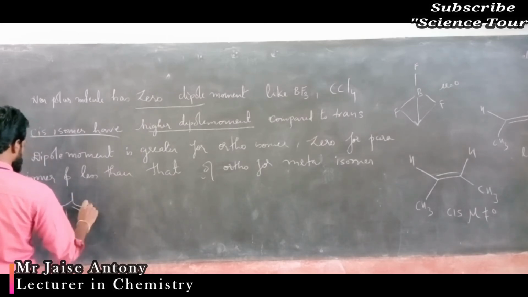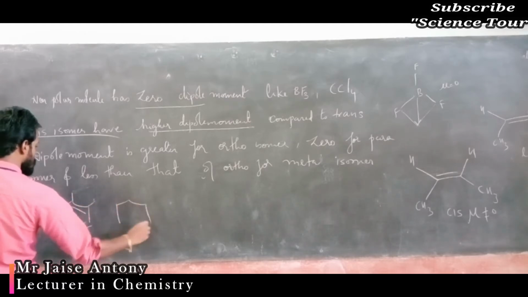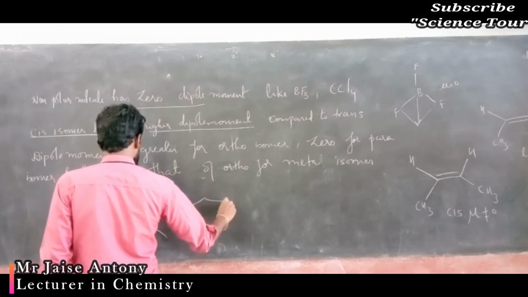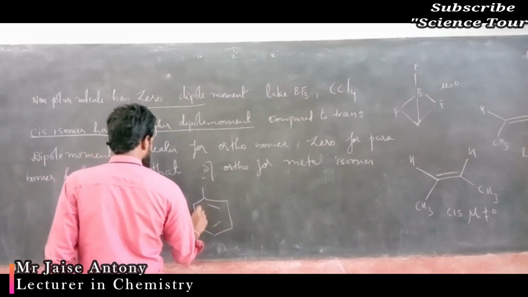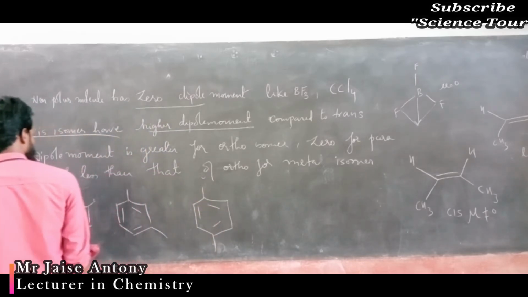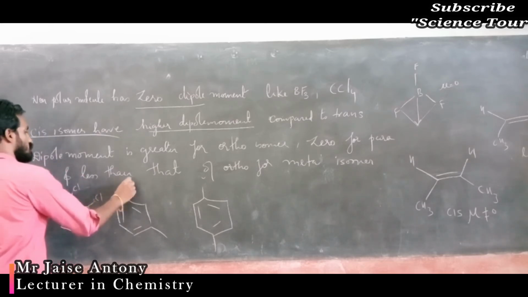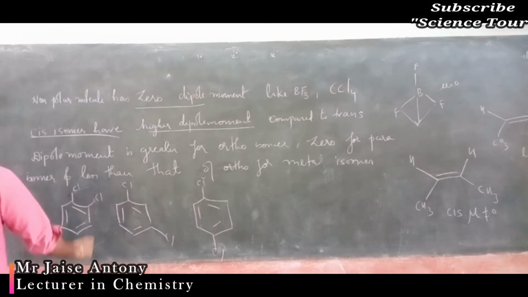Imagine if it is ortho, dipole moment is more. Ortho dipole moment is more. This is ortho. If it is meta, it is less than ortho. One example we discussed already. This is para, opposite side, dipole moments cancel each other, that I explained using chloride. This part is over. Understood? Highest is ortho, next is meta dipole moment, third one is para.